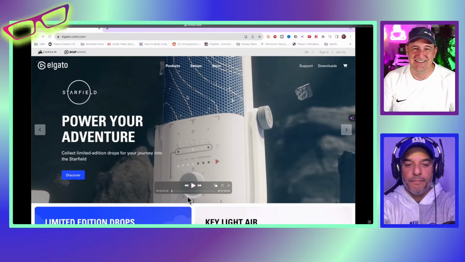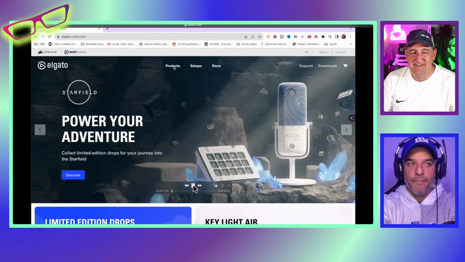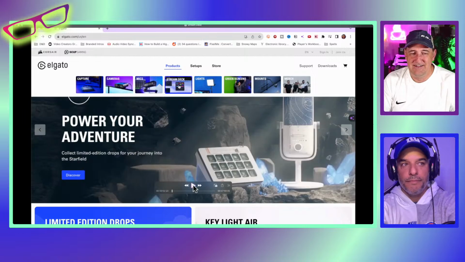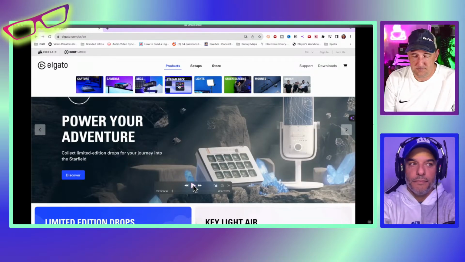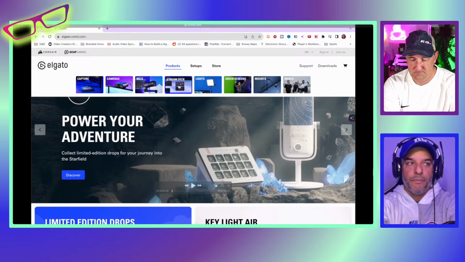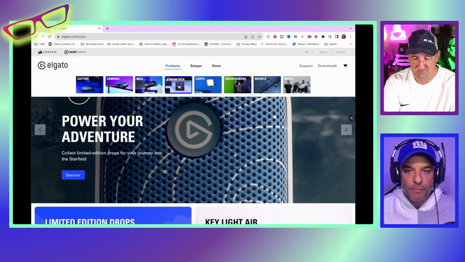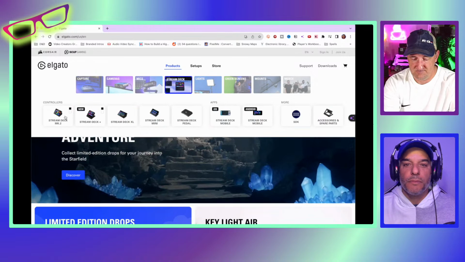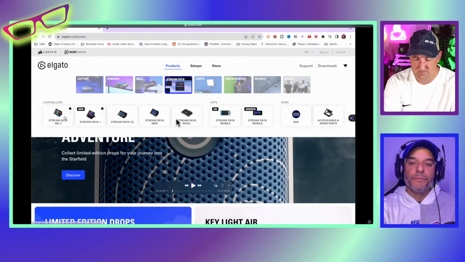So what we're going to do is we're going to go ahead and walk through. Now, the website for this is elgato.com. And what that does is it brings you to this home screen right here. And then when you click products up at the top, you simply would go to Stream Deck. And inside there, you're going to see that there are all these different types of Stream Decks available to you